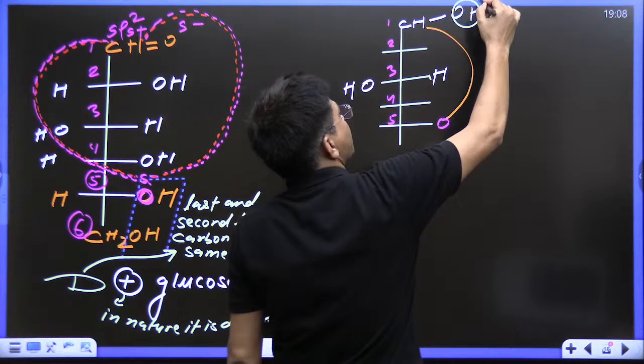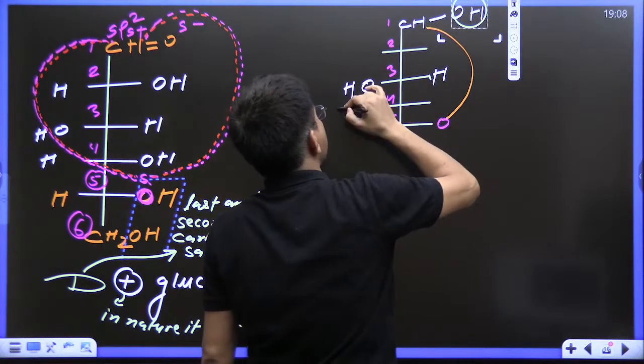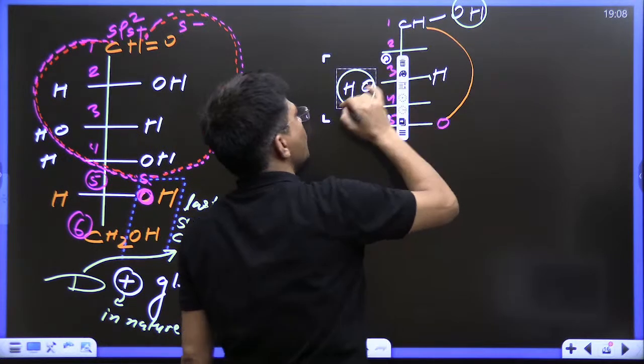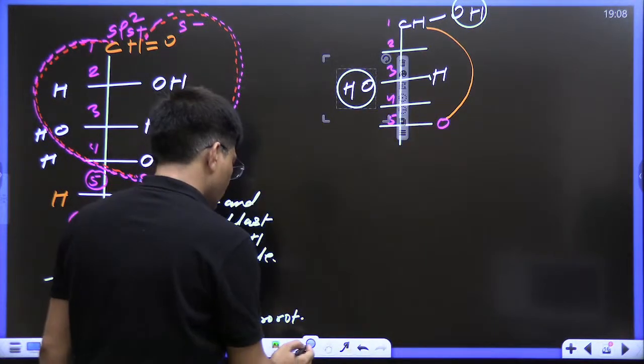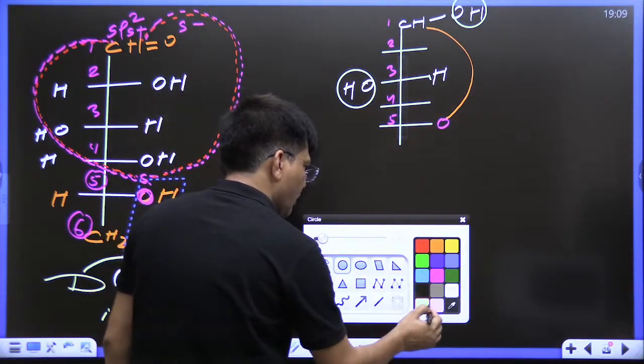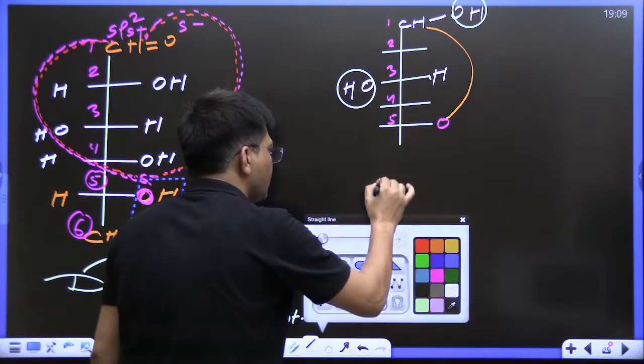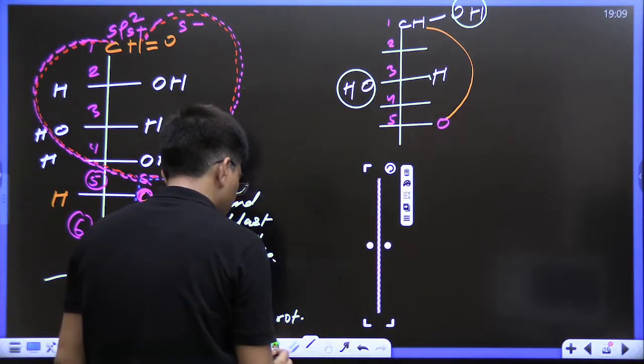First carbon OH and third carbon OH, they are on opposite sides. And one more compound we will get. We are going to get one more compound, C. In this